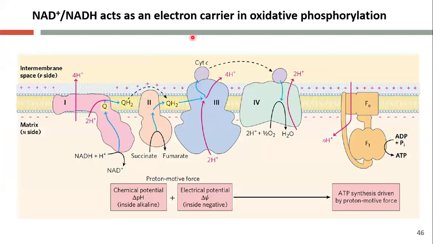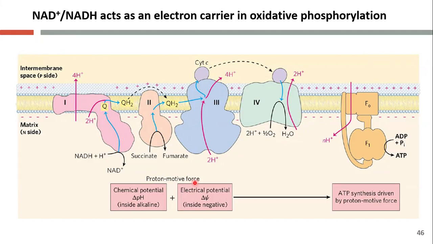So, as we all know, this picture I took from the undergraduate textbook. NAD and NADH act as an electron carrier in the oxidative phosphorylation process, and especially NADH can function as a substrate for the electron transport chain, and finally help the production of ATP. And also, NAD can be a co-substrate for the PARP and SIRT enzymes to perform ADP-ribosylation as well as deacetylation. So we tested all the possibilities, from the oxidative function as well as the co-substrate functions,